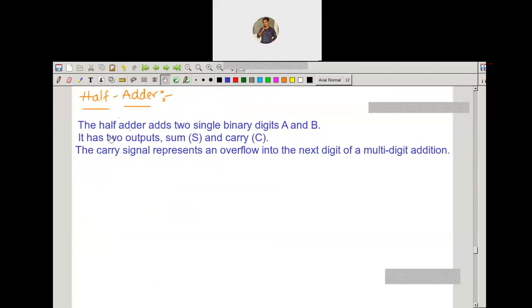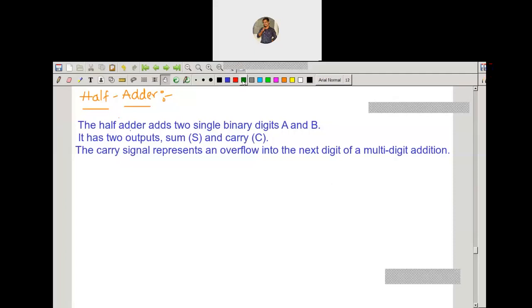So what does it mean? A half adder adds two single binary bits, two single binary digits. What is meant by single binary digits? It means it can have only one bit. You know what binary is, it is either 0 or 1, right?